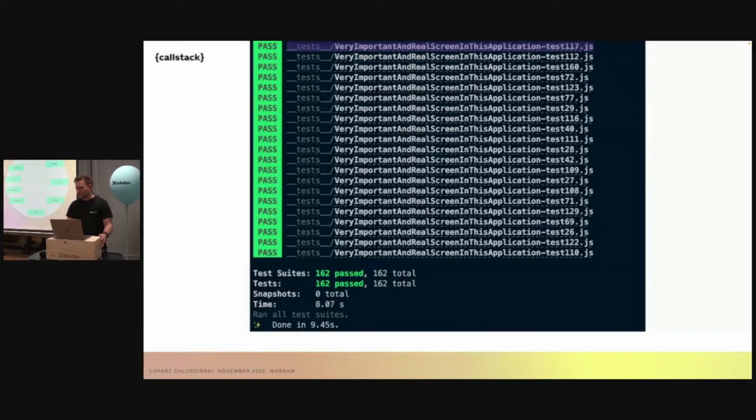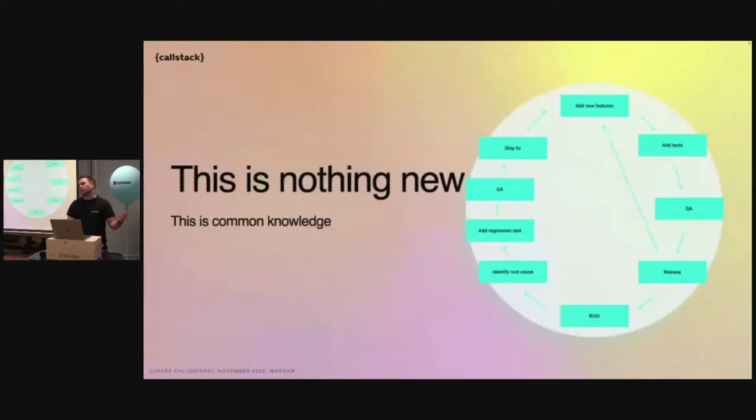And this is nothing new, because this is just the project development lifecycle. We all know this. You add some new features, you add tests to the features, you move the product to QA stage, and then if all checks out, you release. When you find a bug, you identify the root cause, you add some more tests, and then again, you QA, you ship the fix, all checks out. But